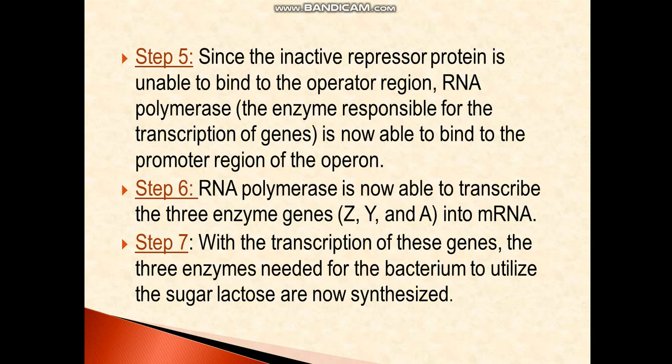When it has lactose, it needs to digest the lactose. And how will it digest the lactose? The digestion of the lactose will take place by the activity of these enzymes. So when lactose is present in the cell of the bacteria, then only the enzymes will be produced. As soon as the lactose is finished, we don't need the enzymes to be produced. We don't need those genes to be expressed, because there is no food, there is no lactose present at that moment. So the repressor will become aware that now the lactose is over, I need to go and attach to the operator and stop the synthesis of the enzymes anymore, because there is no lactose present.